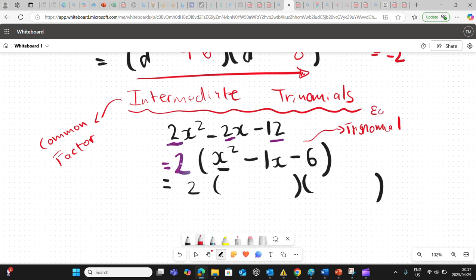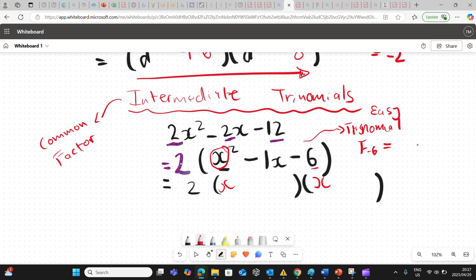So it pops up as an easy trinomial. Remember, how do we factorize easy trinomials? We look at this guy, we square root him, we would get an x there and x there. We look at the factors of -6,